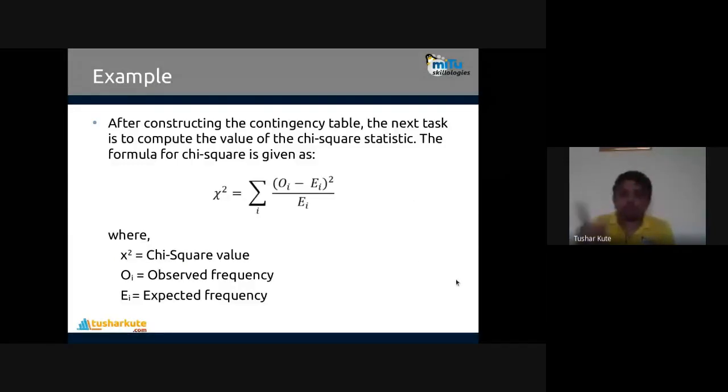Correct. It's done. Now second, square each value obtained from step 1, that is (O minus E) squared. For example, for the CGPA category 2 9, the value obtained is 10, it becomes 100. It will be applied to every category. Maybe the first number is less than the second number, so the value will become negative, but after squaring it, it will become positive.